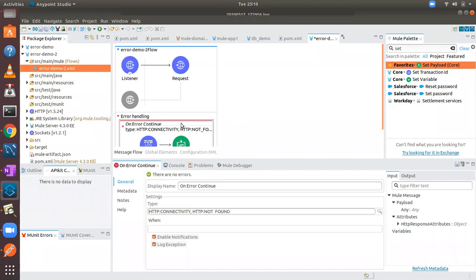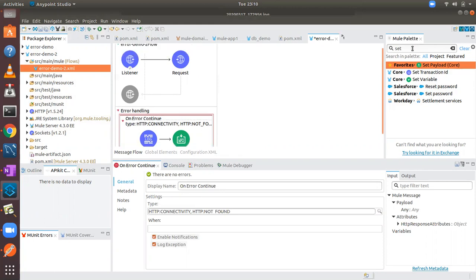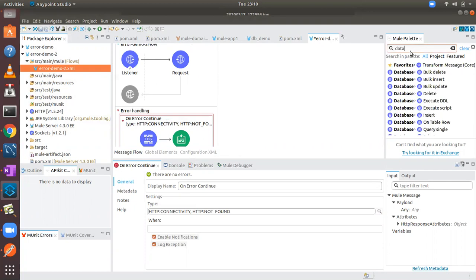Now here, these two, logger and set payload, got executed because earlier it was any, which means it can be any kind of error. Now if you configure HTTP connectivity, when HTTP connectivity is raised, it gets handled over here. For example, here what I'm doing is a database select.